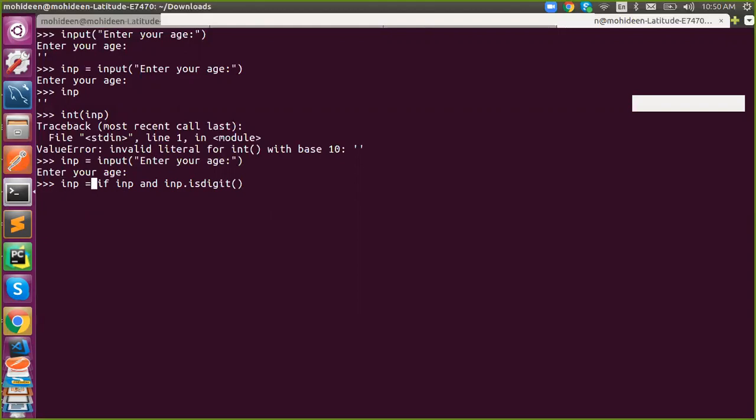So you can perform type conversion on inp. Else, by default the value is 0, because you are going to do mathematical calculation using that.